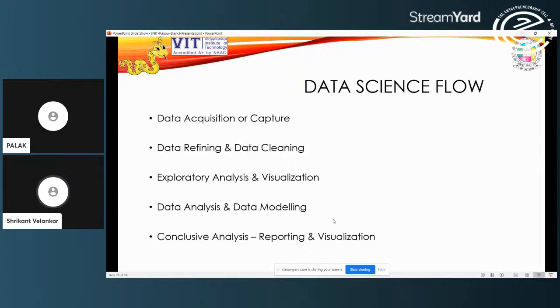So it generally is fitted over a statistical model, and once the model is fit, the data is subjected to that particular model.